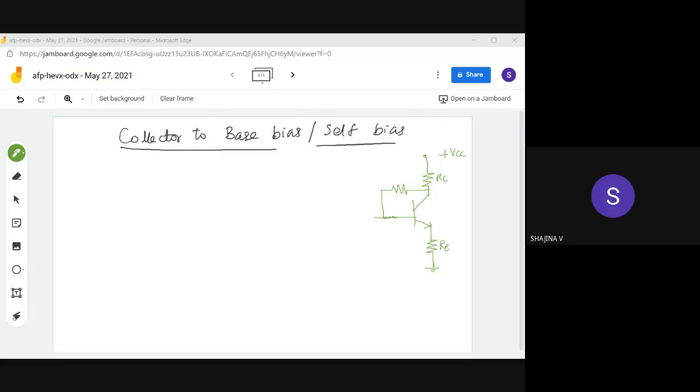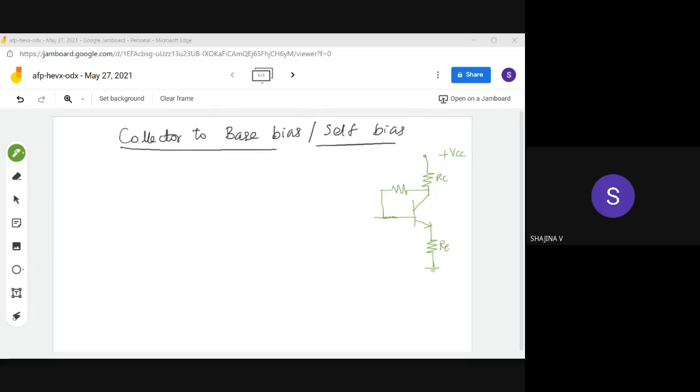Now, in order to analyze the circuit, first we can apply KVL to the input loop. So what will be the expression? The input loop means we can start from plus VCC, and this is the input loop. So to this input loop I can write VCC